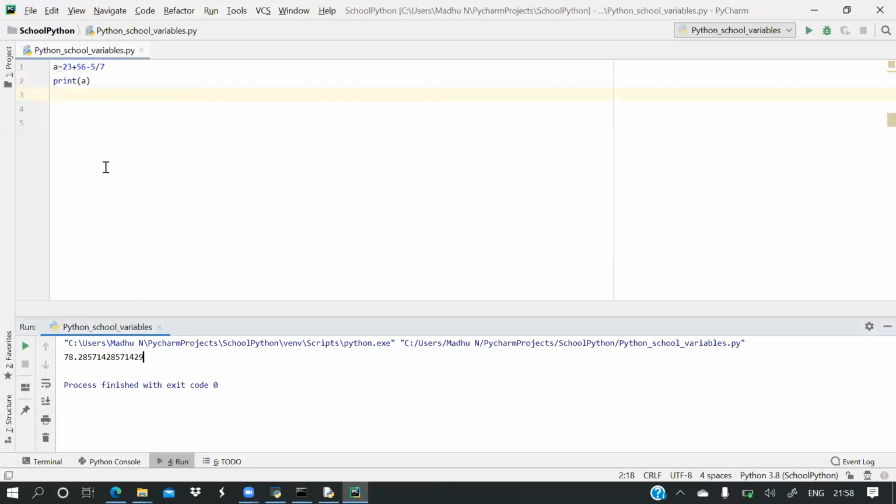Because 5 by 7 gives a fractional part, if I write this one, now it will be printed in integer form. Got it? That is the importance of this operator. Okay. Now, bye friends.